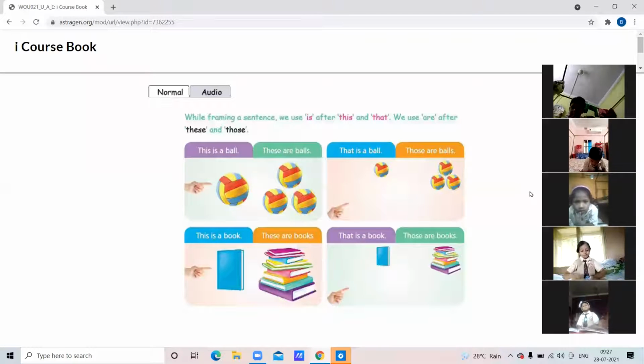Okay, very good, Devaditya. All of you will learn nicely these and those. Yes, Shreyosi. Now you read, Shreyosi. Keep reading, all of you. Yes, read. Keep reading, okay? All of you keep reading.